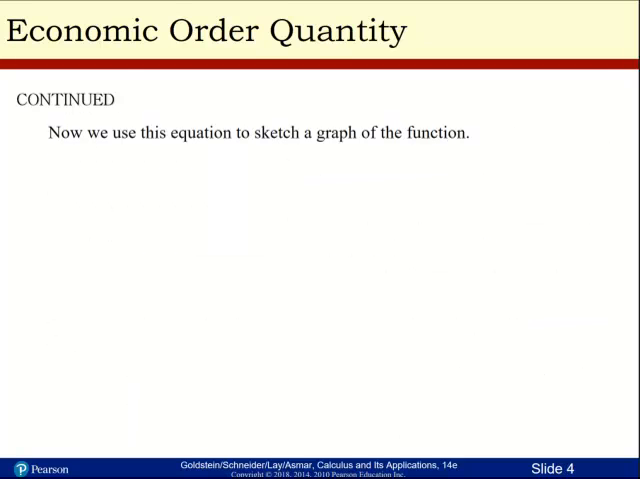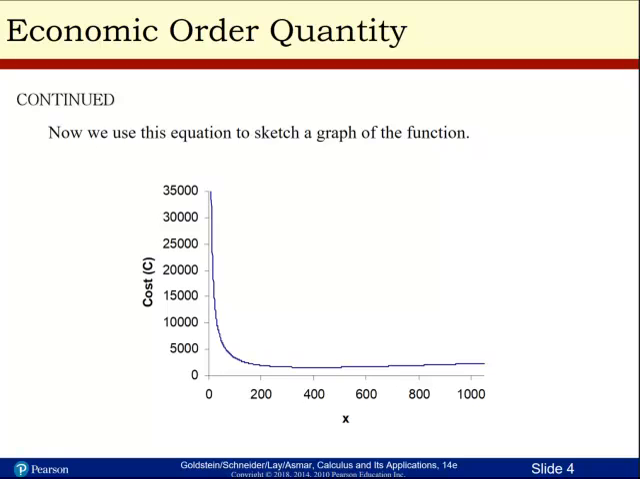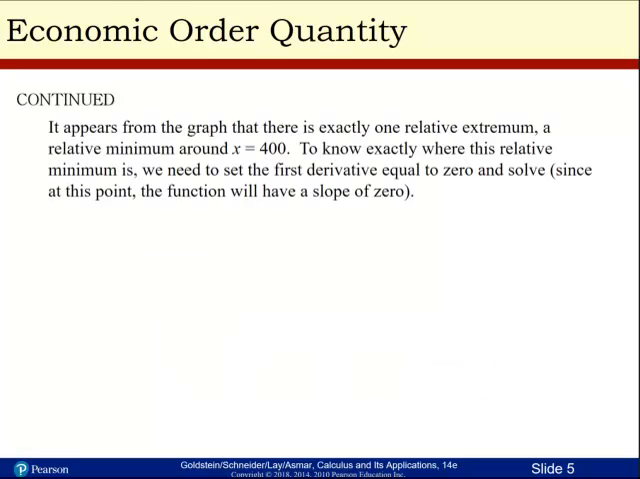Now we're going to use this equation to sketch a graph. So we've graphed that function. We're looking for a minimum, because that's what we're looking at, minimizing costs. Somewhere in here, I think this right in here is lower than that, but we'll see for sure. How are we going to know? Well, it appears from the graph there's exactly one relative extremum, a relative minimum around x equals 400, which is where